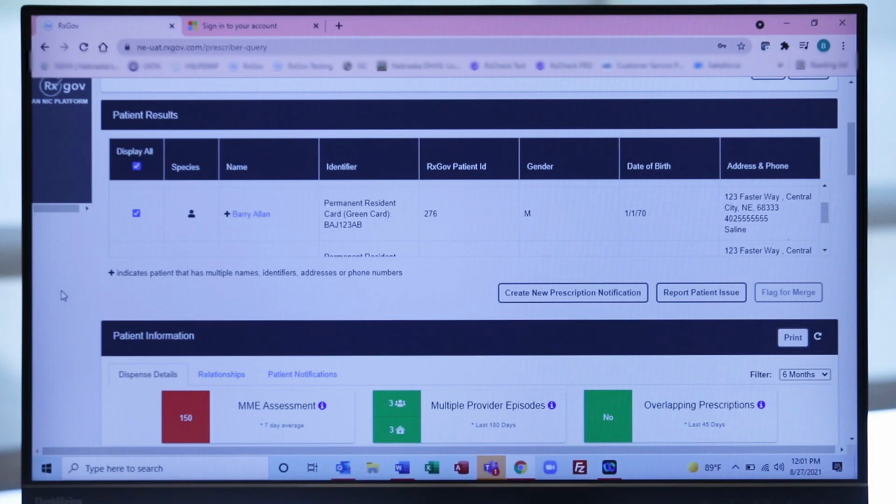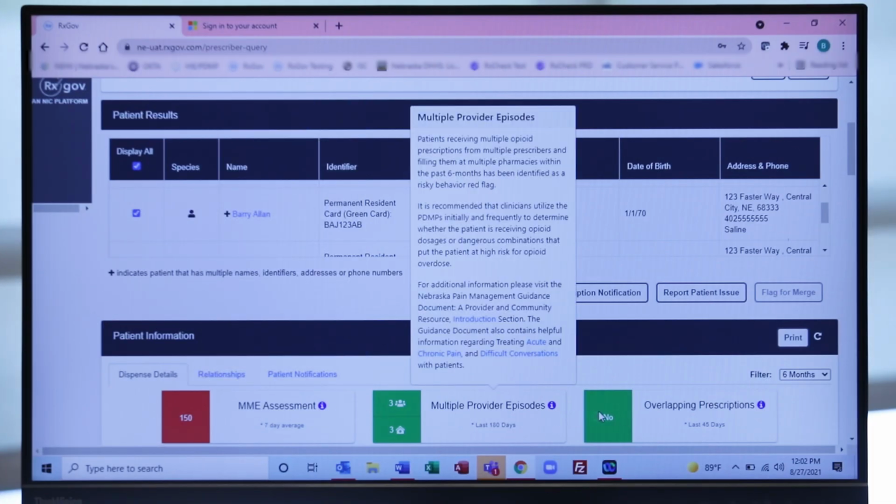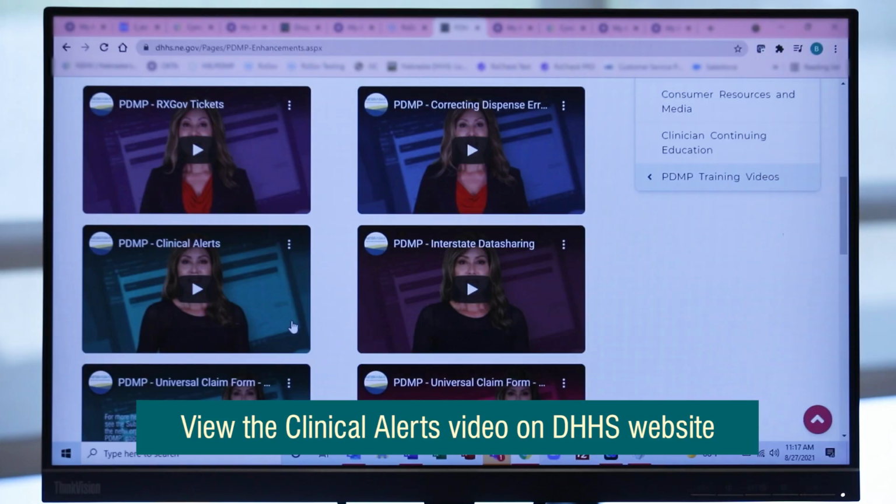Patient information dispense details includes the patient's alerts. These are the MME assessment, multiple provider episodes, and overlapping prescriptions. Each box has an information circle that, when the mouse is brought to rest over it, will give more detailed information about what the values mean. For more information on patient alerts, please visit the DHHS or Sync Health websites and view the Clinical Alerts training